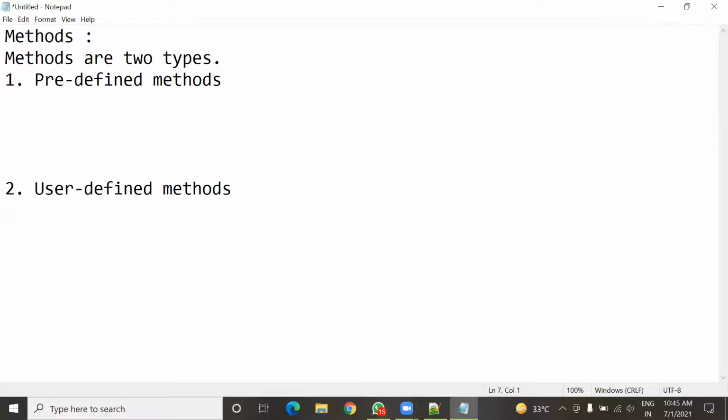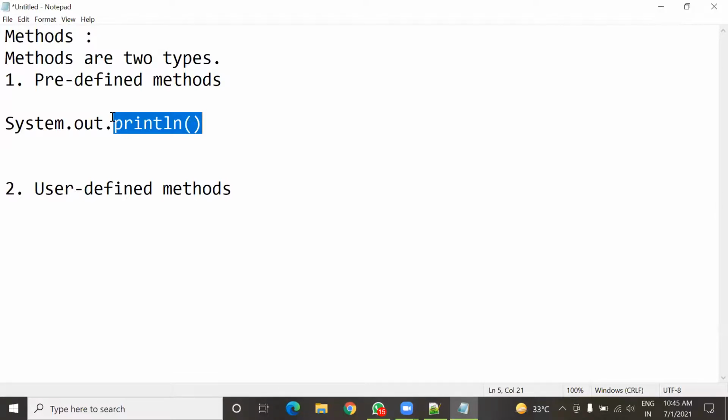Like many times you have used System.out.println or print. Here println is one of the predefined methods, and this println method is used to display the result on the output screen.